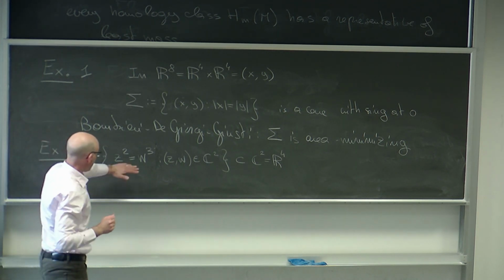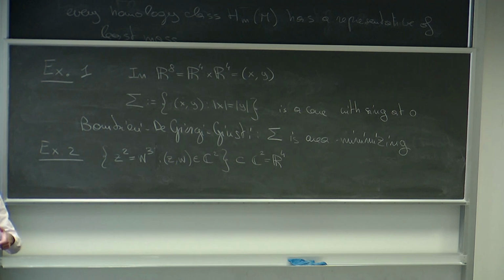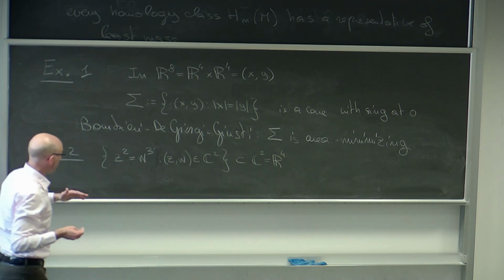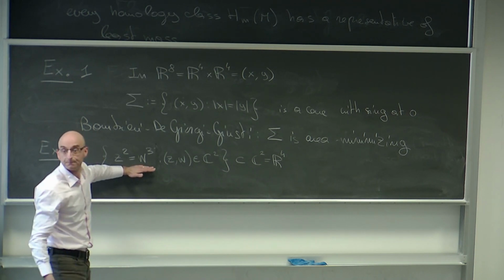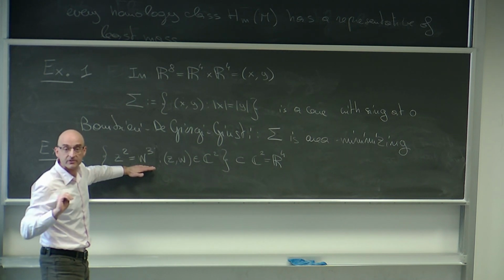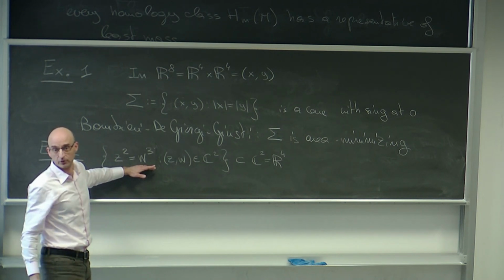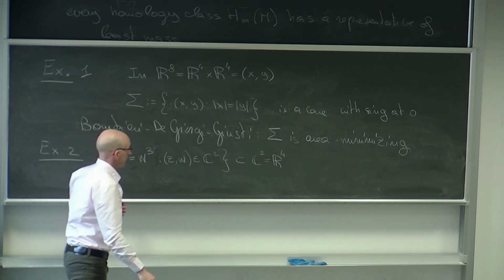And if you minimize among all smooth surfaces with that particular curve in R4, there is no minimizer. Like it happened before, any minimizing sequence is converging to this guy, who happens to be the minimizer in the sense of integral currents, and who happens to be also the only minimizer in the sense of integral currents.